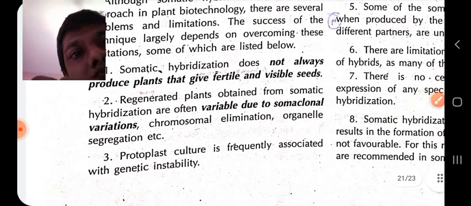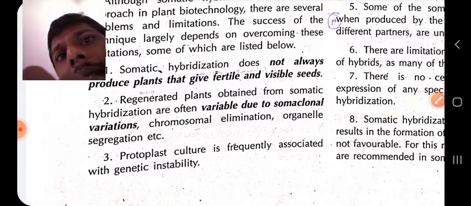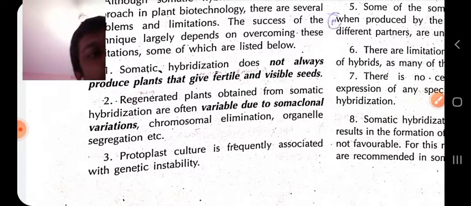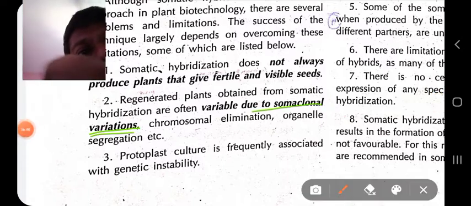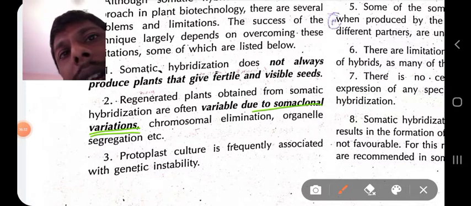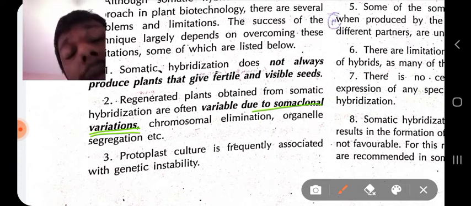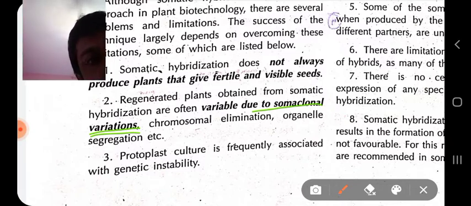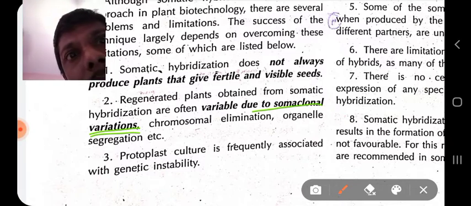Second, regenerated plants obtained from somatic hybridization are variable in their chromosome content due to somaclonal variation. So this is another topic that you have to study. I will give you the notes on somaclonal variation. Somaclonal variation occurs due to many causes, like an increase in your culture period. When you are subculturing in plant tissue culture, that can also lead to variation in the chromosomes of the plantlet cell. Secondly,